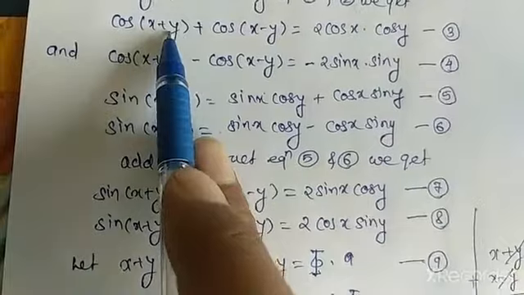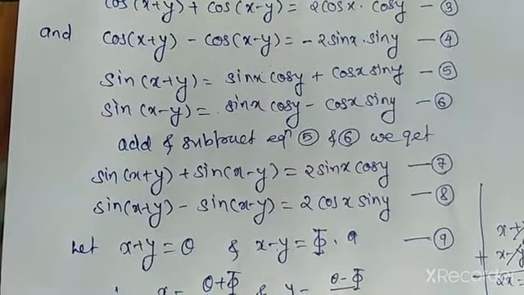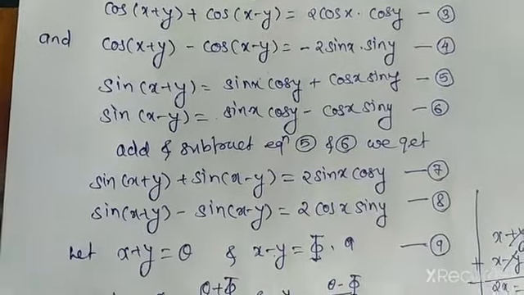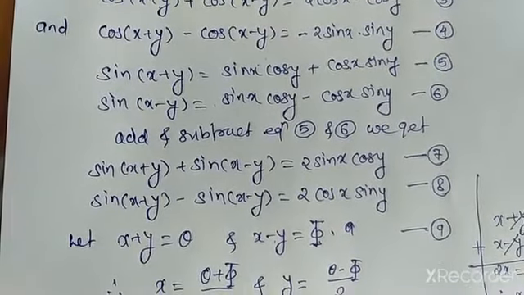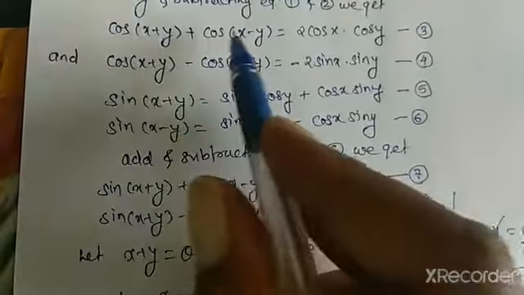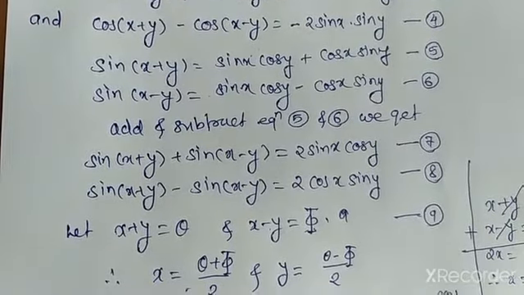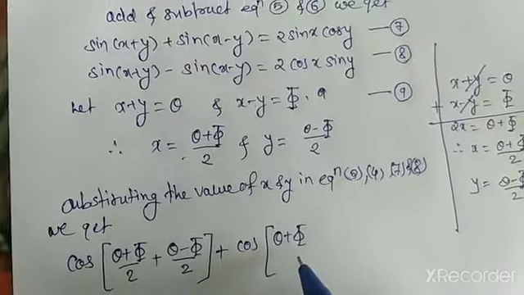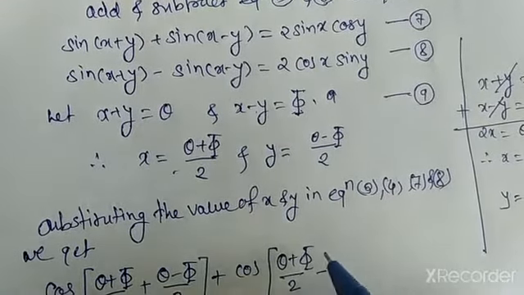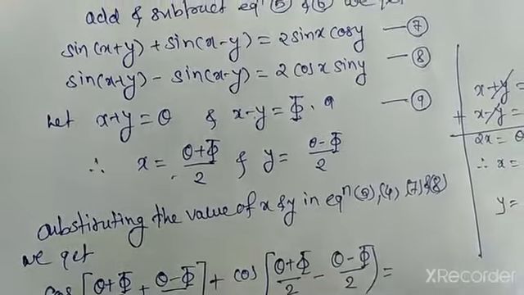So here the left side will be cos of (θ+φ)/2 plus y, which is (θ−φ)/2, and plus cos of (θ+φ)/2 minus, here it is x minus y, (θ−φ)/2